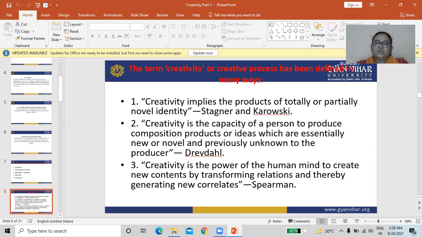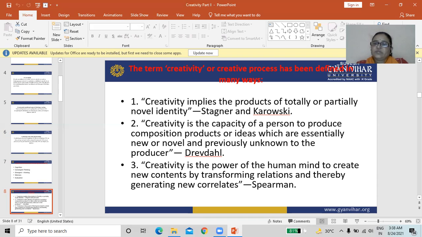This definition is given by Drever and Hull. They suggest that creativity is the capacity to produce an idea which is new and novel and previously unknown to the producer.